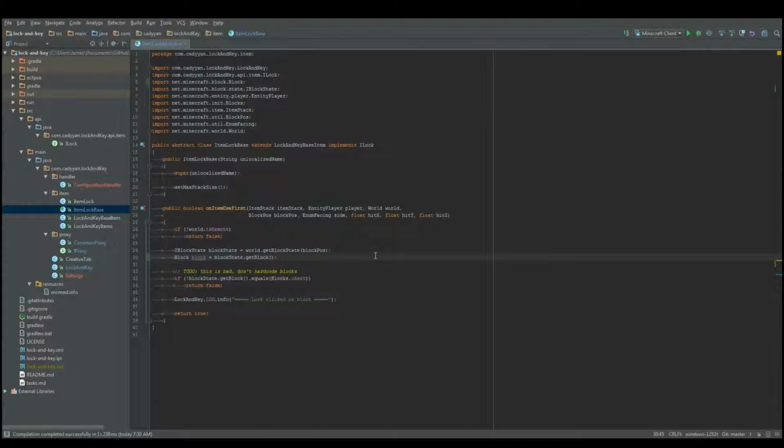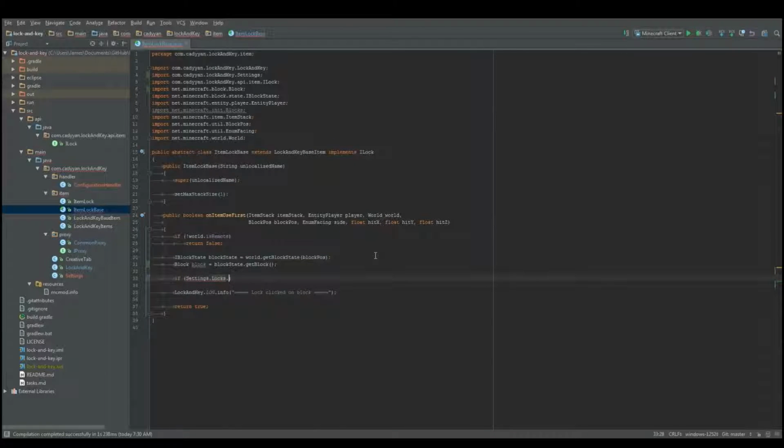So now we have that. Let's actually use that. So if we get rid of this, we can say if settings.locks.whitelist is enabled, and the settings.locks.block whitelist contains, we don't want, or if it does not contain this block, so whitelist is on and it does not have this block, we are going to return